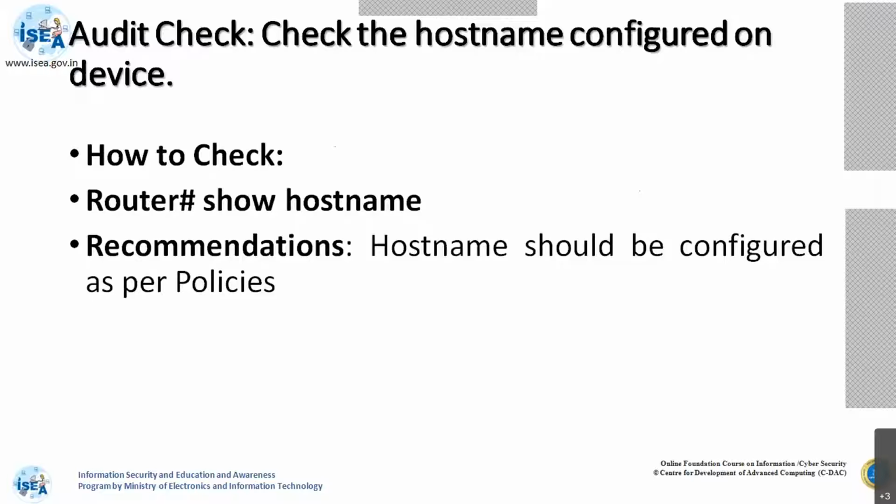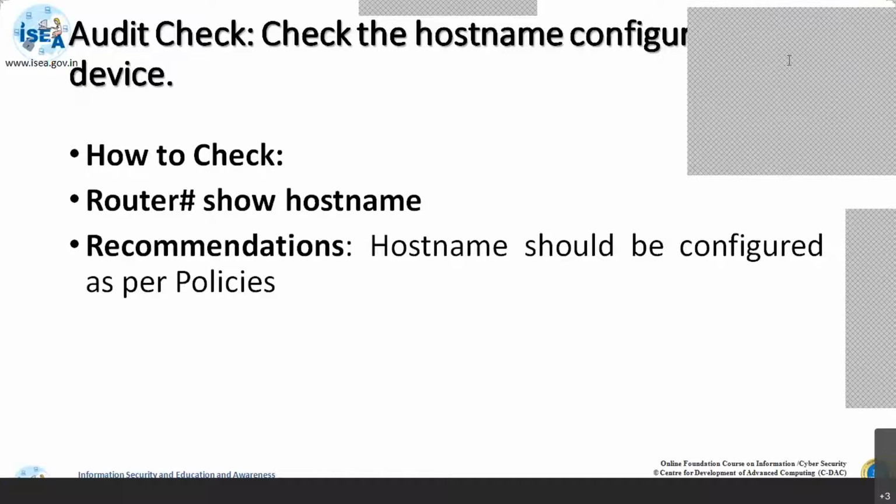Suppose you have Nessus and you scan and get a vulnerability. Whether that vulnerability is really valid or is a false positive, as an auditor, as a CISO or manager, you have to see whether it is correct or not. So I'm coming to the command. Suppose there is a vulnerability: the hostname should not reveal the make and model of your organization or of your device. You got a vulnerability, and there are some questions.